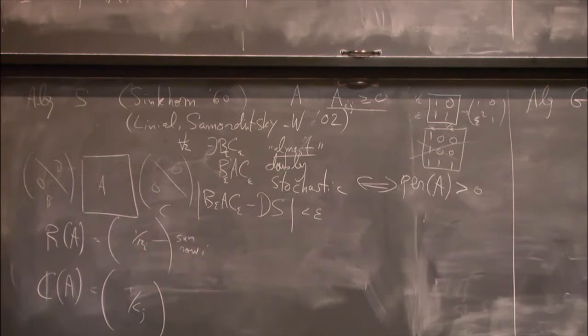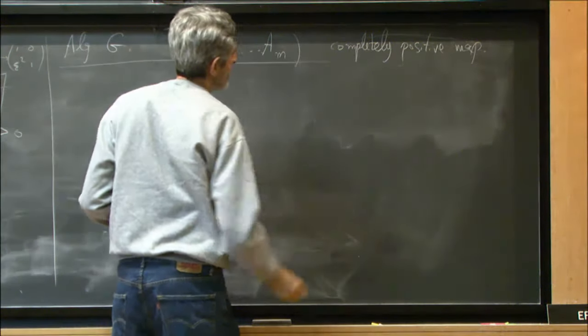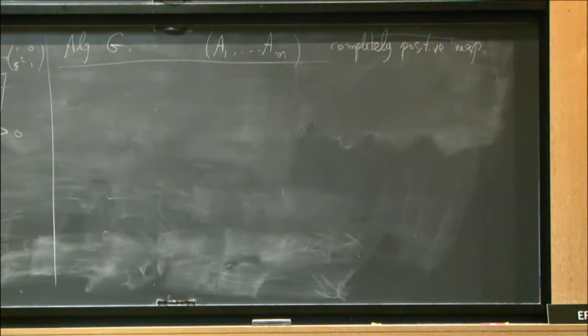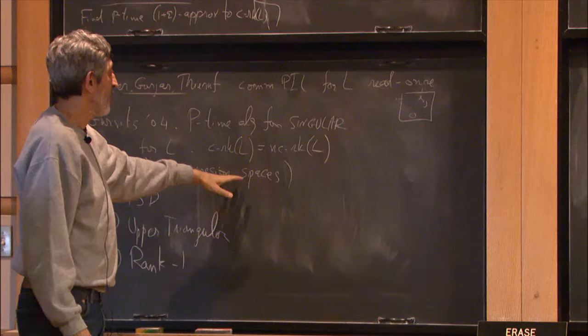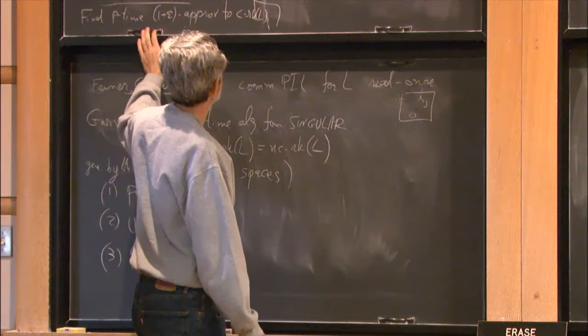Okay. So what is Gurvits' ingenious connection? The paper has a lot of things. What he really wants to do is to solve the commutative identity testing problem. We cannot do it. It does it only for spaces which are compression spaces. But the connection he uses is this